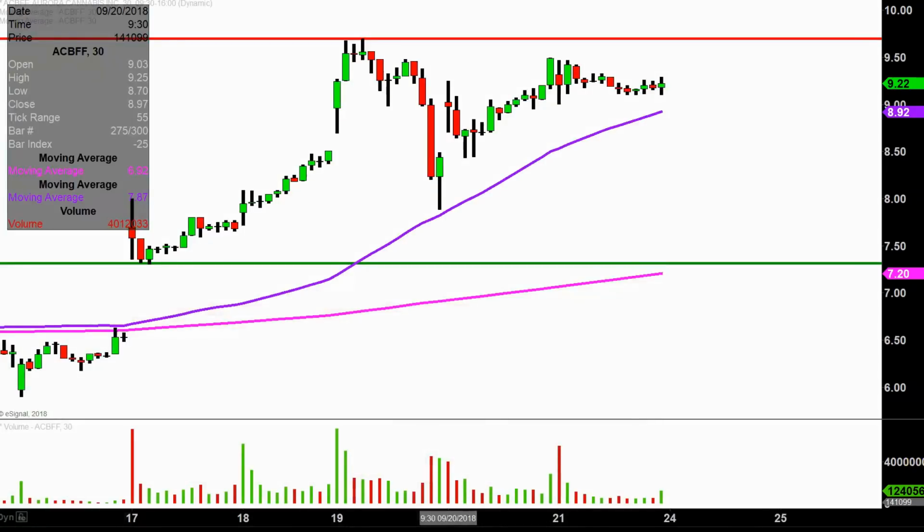Real quick, what do I mean by 30-minute in case maybe you're new to charts? Instead of each one of these candlesticks here representing one day's worth of price action, which is what you would normally see, each one represents 30 minutes. So while this here may look like several days' worth of time, it's actually today's price action broken down into